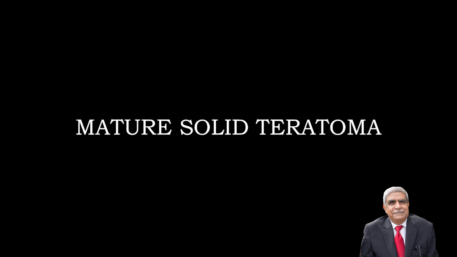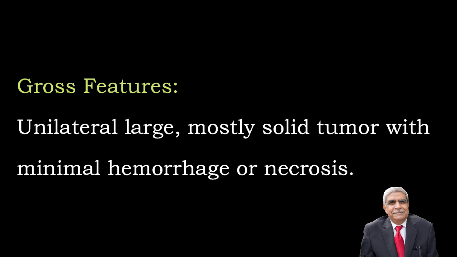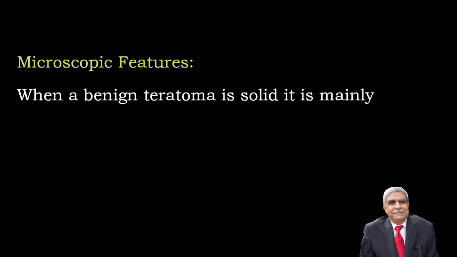Mature solid teratoma. They are uncommon, slow-growing, benign tumors with a peak incidence in the first and second decade of life. Usually they are asymptomatic until they are large. Gross features: they are unilateral, large, mostly solid with minimal hemorrhage or necrosis. Microscopic features: